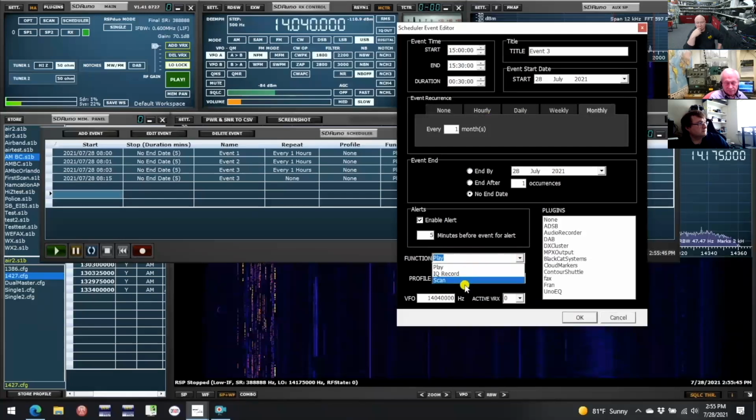We can select whether we want a simple play function, an IQ record, or a scan, and the particular profile we wish to use for a particular event. We can specify the VFO frequency and which VRX we want to use. And then finally, we can pick from the list of plugins. Okay, so that's...